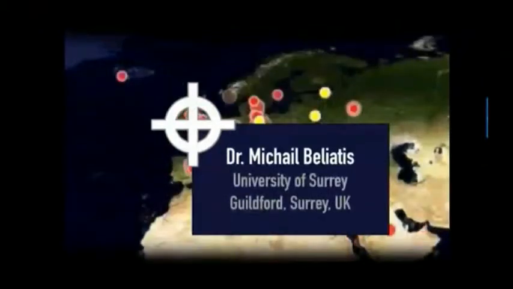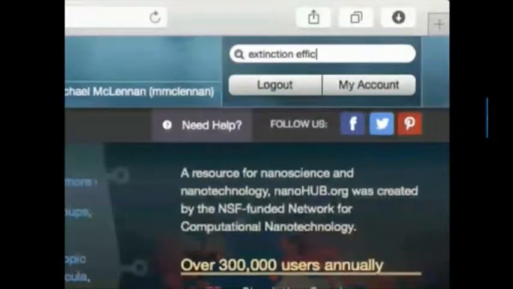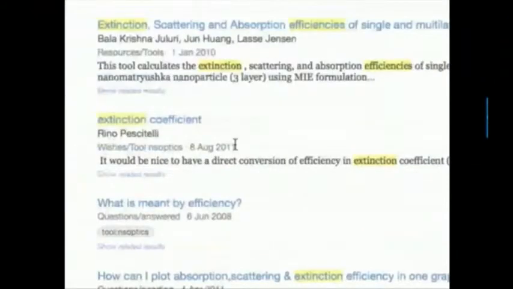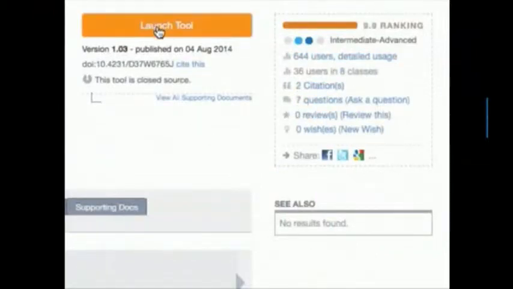So for this tool, there was a user in the UK that was actually fabricating nanospheres in the laboratory, and he went to nanoHUB and was searching around for stuff: extinction efficiencies and scattering and so forth, and found a lot of stuff, seminars, questions, all kinds of things on the hub, but most importantly, that tool that the Penn State group put up. And you can see there's like 600 people using the tool. It's been used in class, a couple of citations, but you can just run the tool just by clicking Launch Tool. So this is what the guy in UK did.